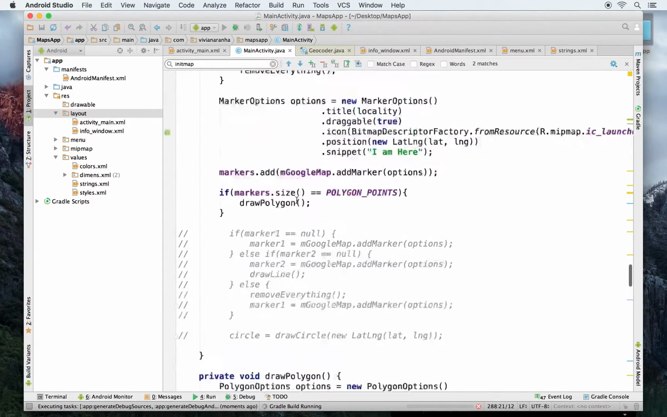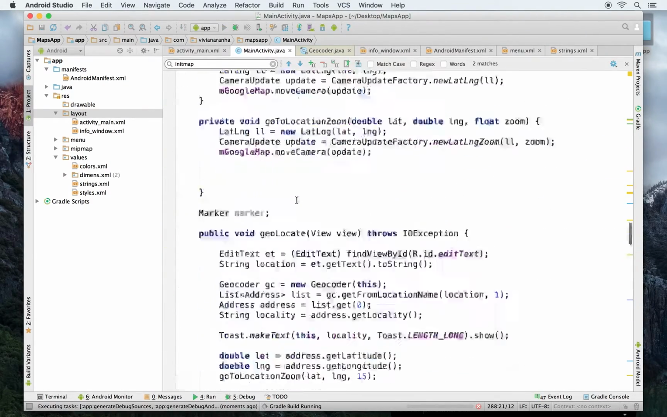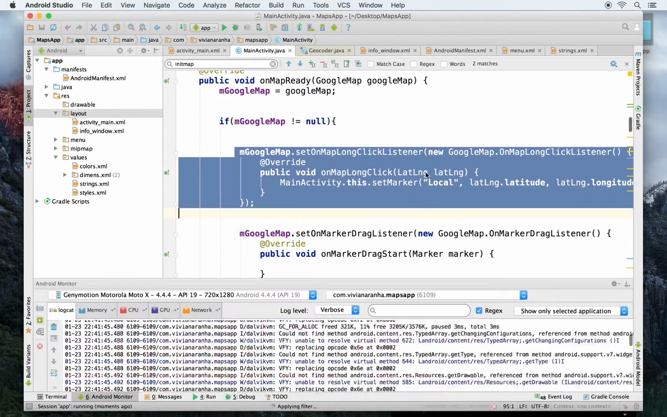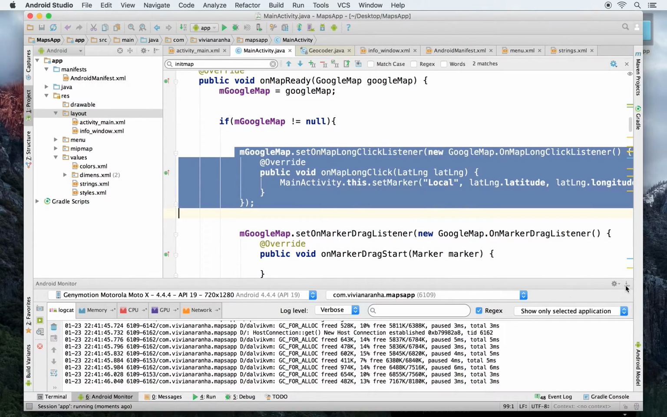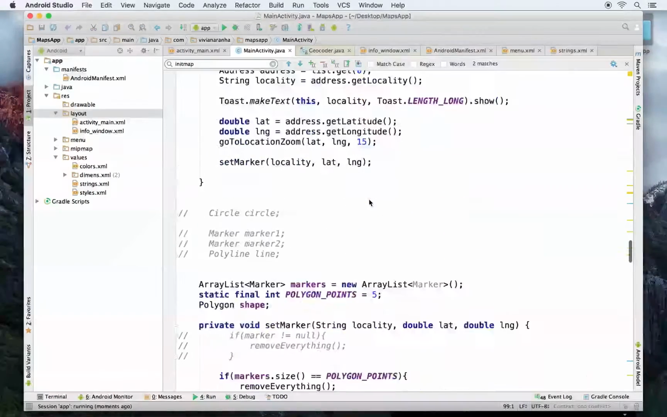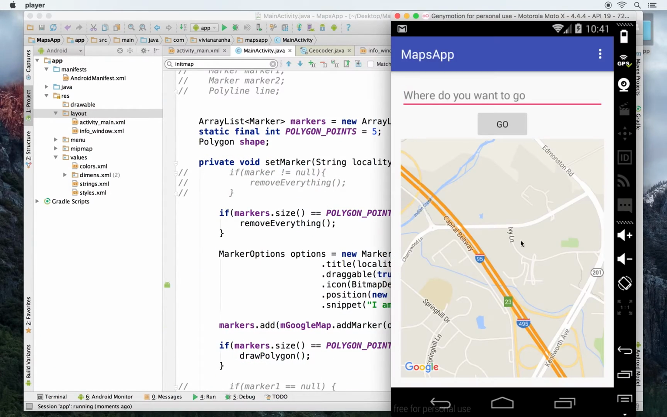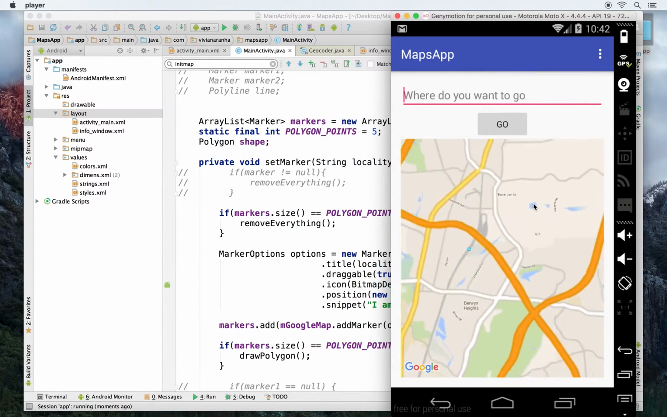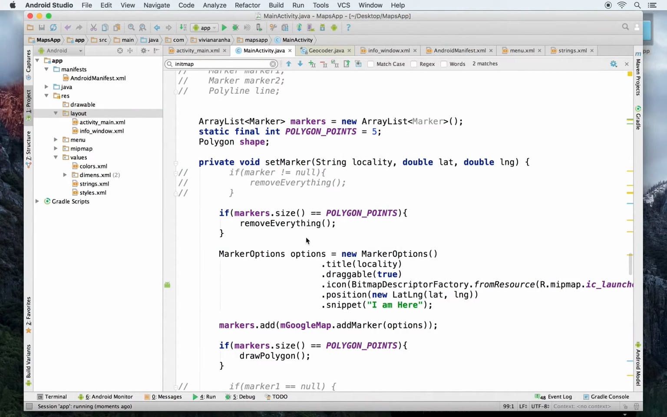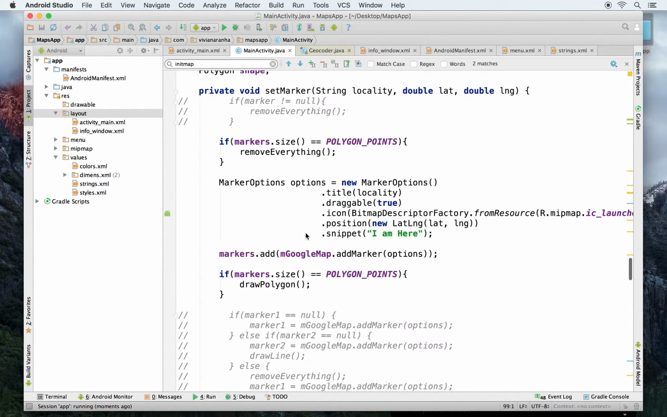As soon as I run, when I long press on the map, because I've added this code here on the top, the setOnMapLongClickListener, it will call the setMarker method, and the setMarker method is right over here. Let me just zoom out a tad bit here. Okay, now if I long press here, there you go, it adds a marker. How? It'll check if the size equals 5. It's not, so it's going to just go here, create marker options,